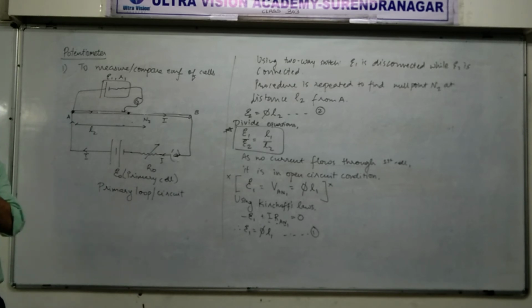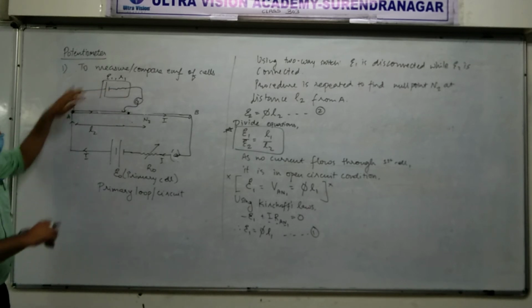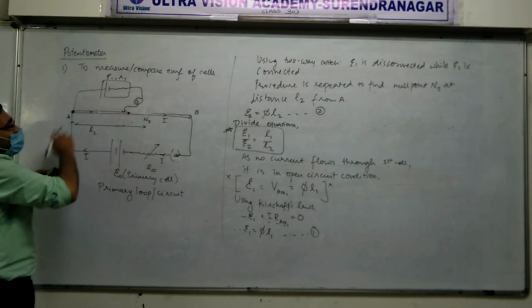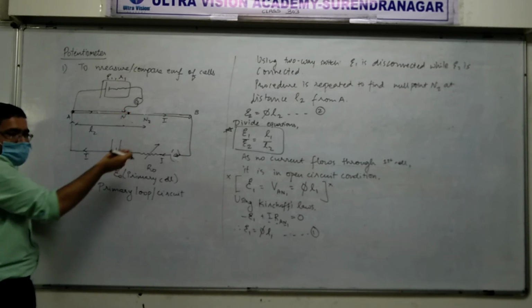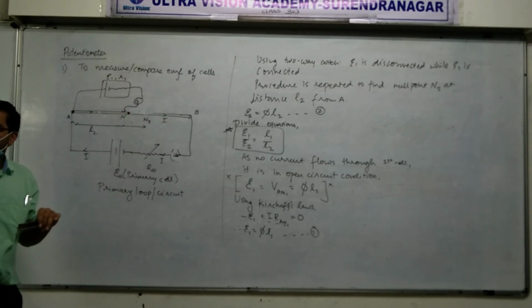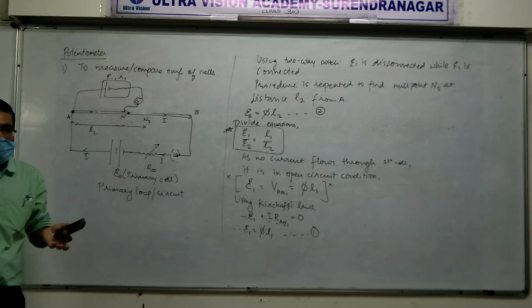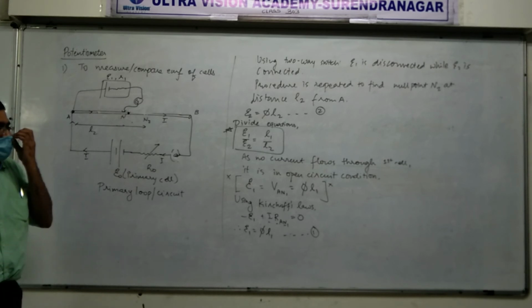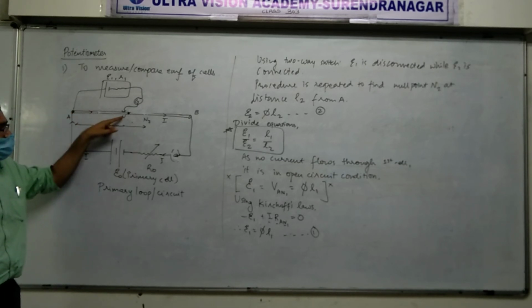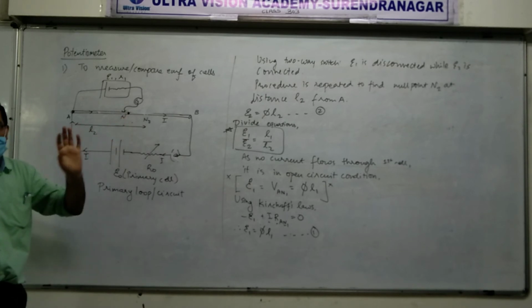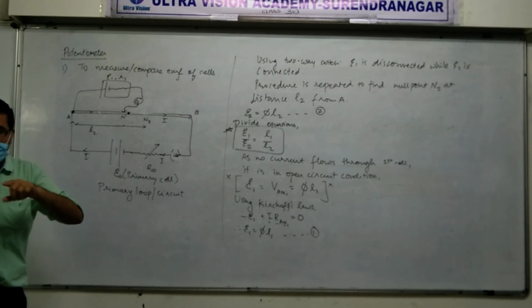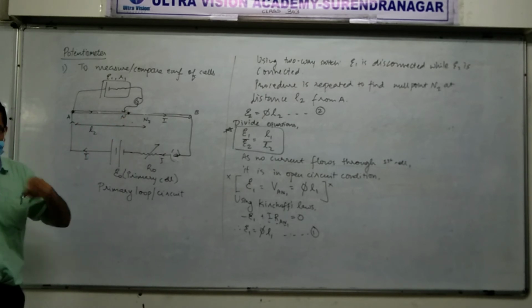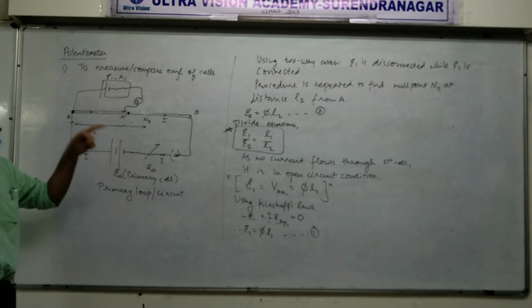Does it make a difference or not? No. If this was not connected, current was not going over there. Now, even if it is connected, when we are talking about null point, anyways, the current is not going over there. So that's why potentiometer can actually be used only when we are finding the null point. In our case, when we use it, there is no current. Did you understand? Okay.